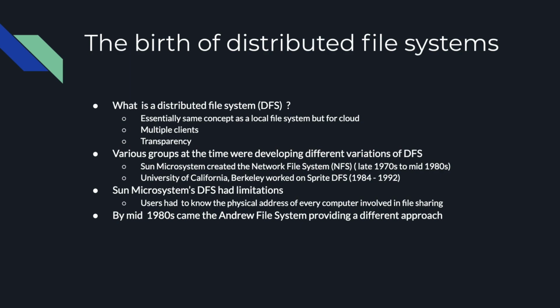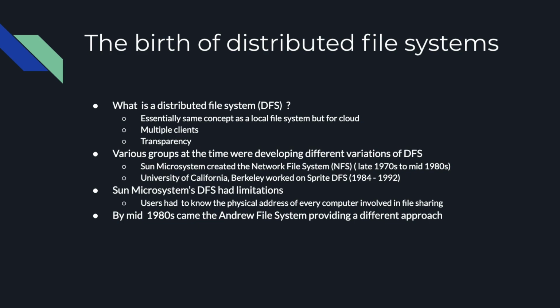Now we can talk about the distributed file systems, now that we understand what a local file system is. Essentially, a distributed file system is the same as a local file system, but for cloud. It allows multiple clients and transparency. Multiple clients meaning that multiple workstations can be on the network downloading or accessing files and editing them as well. Transparency meaning that the Andrew file system would appear as a local file system, causing less of a learning curve